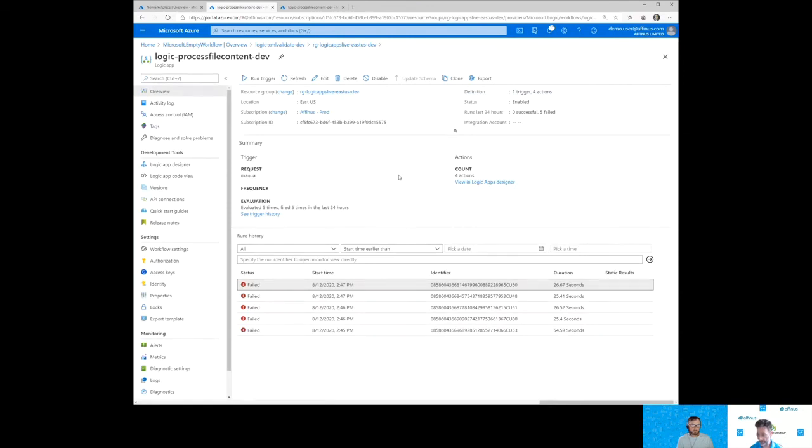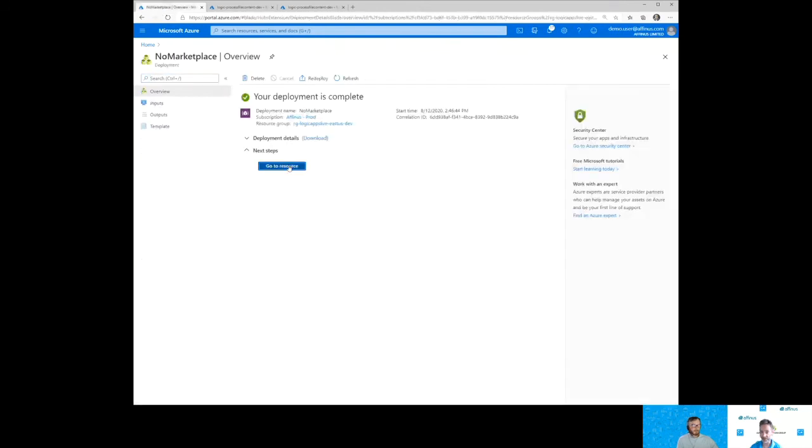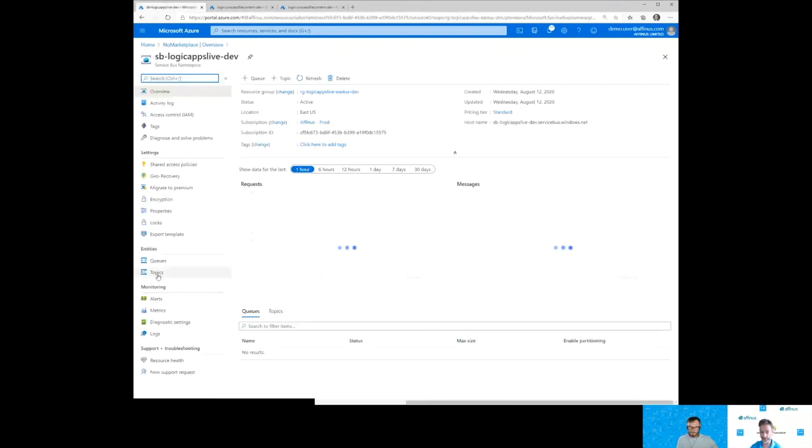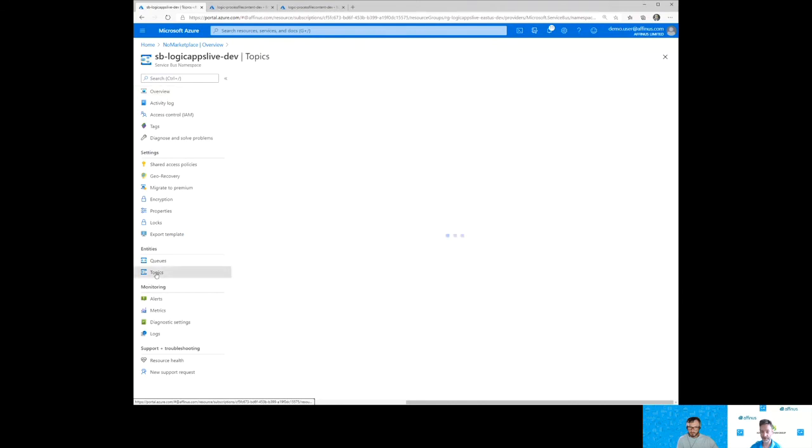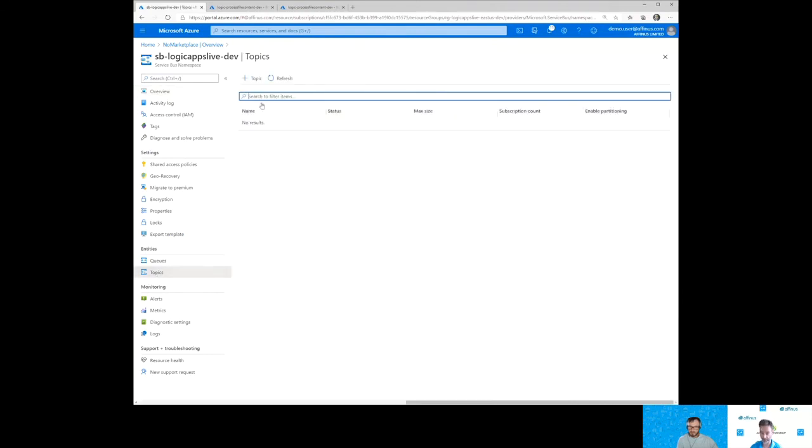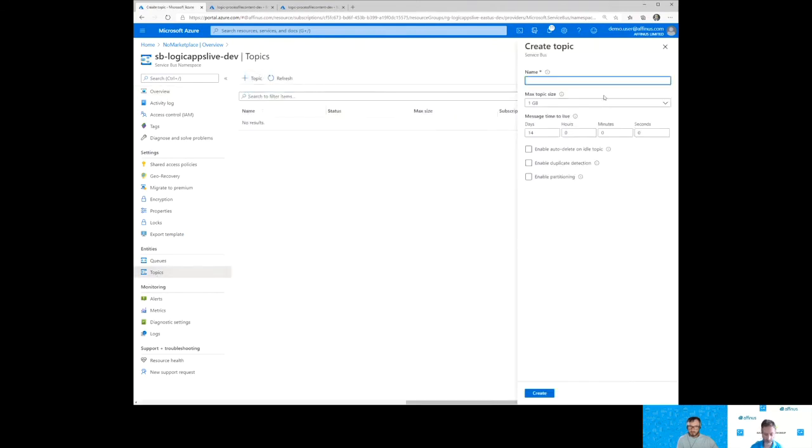Or I could call it from Postman. I don't think we'll have time at the moment to go through and show the service bus stuff. What I was going to show is very quickly inside service bus, we can go to topics. We could create a topic. We might call it